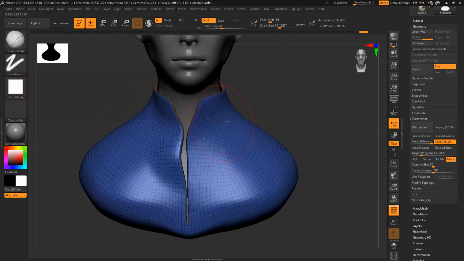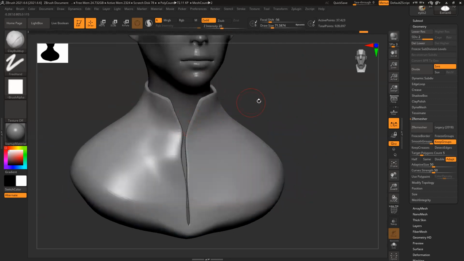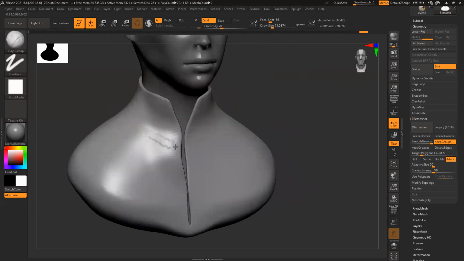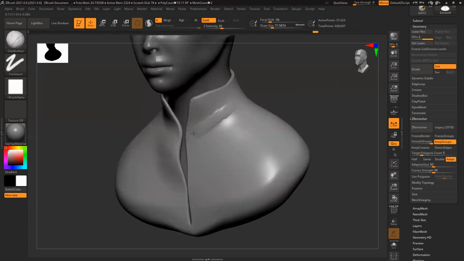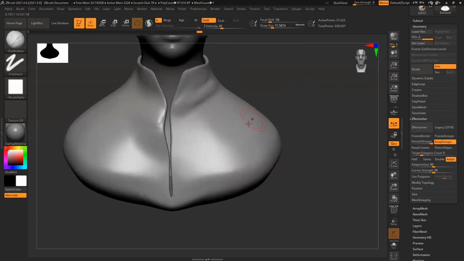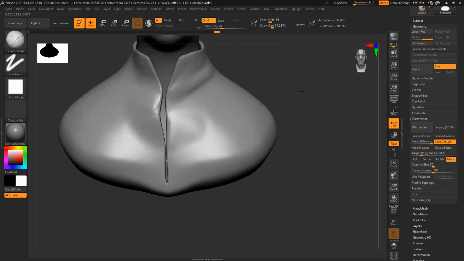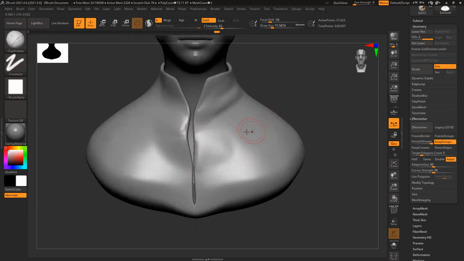Now I can see this part have slight folds, so I can add those folds here very easily for this one, and add this little volume. And this top has this shape, so that is something we have to create.